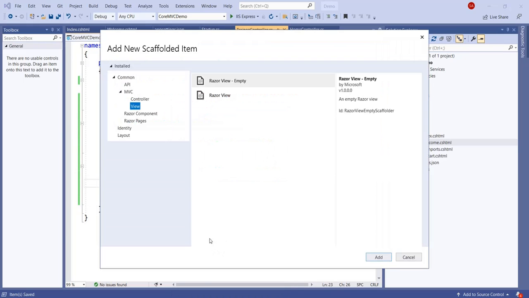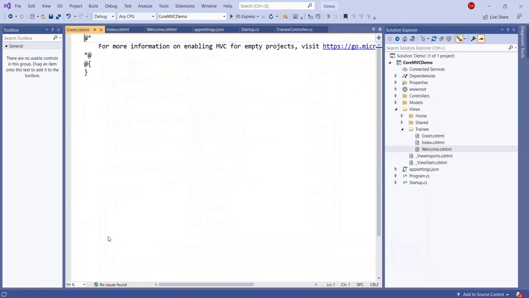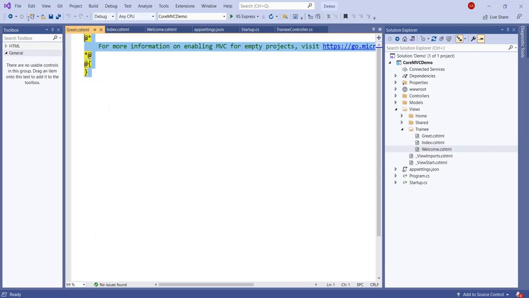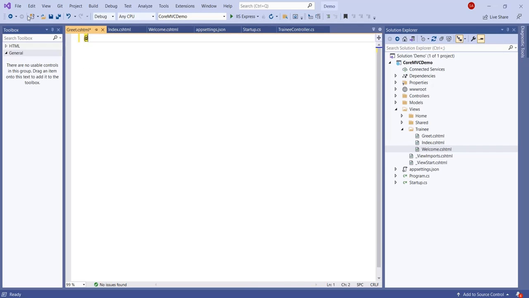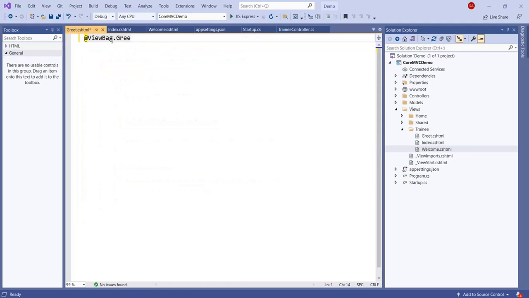I have added greet.cshtml successfully. Here you can use @ViewBag dot, and whatever dynamic property was used, just copy it and paste it here. Now you run this.